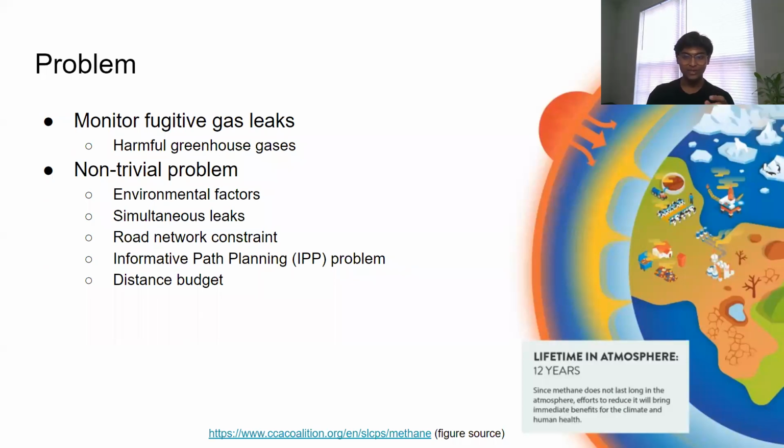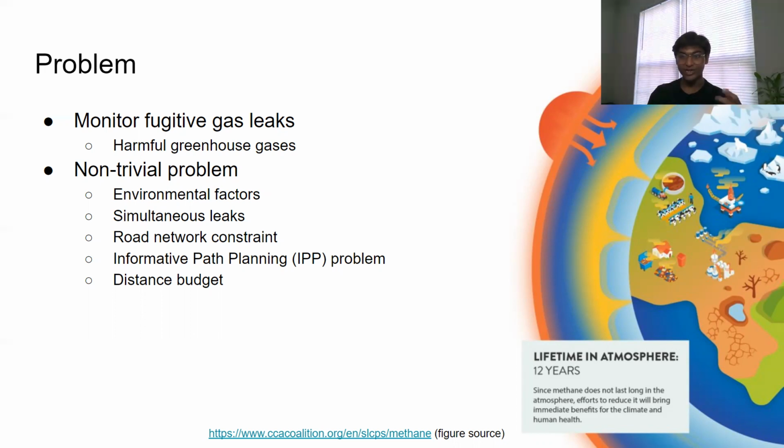Our paper addresses the fugitive gas leak rate estimation problem. What does that mean? It is often the case that oil wells leak harmful gases, such as methane, into the environment. But it is not possible to operate these facilities without leaking any gases. Therefore, we must monitor and notify the facilities of any major leaks that could be happening in the oil field. Now, this is a non-trivial problem.